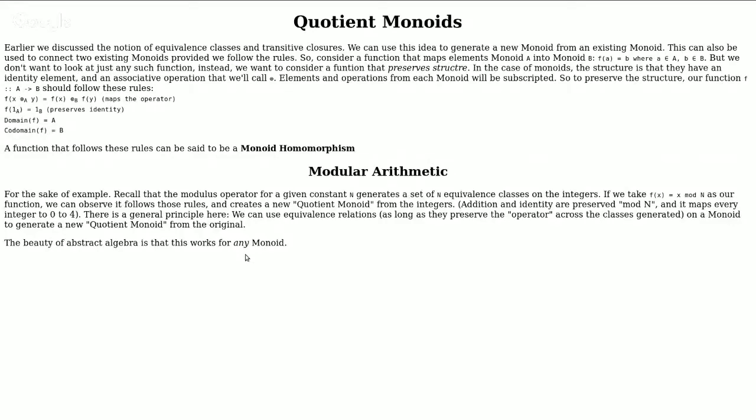So we talked about the integers modulo some number. Well, we can come up with relationships on monoids that split them into groups. And we can use this transitive closure operation to generate equivalence classes on any monoid, as long as our function obeys some rules. And one of those rules is that the operation on the monoid should be preserved. So if I say a plus b,